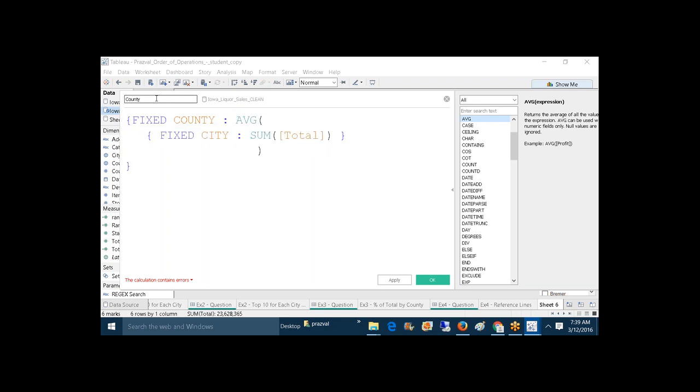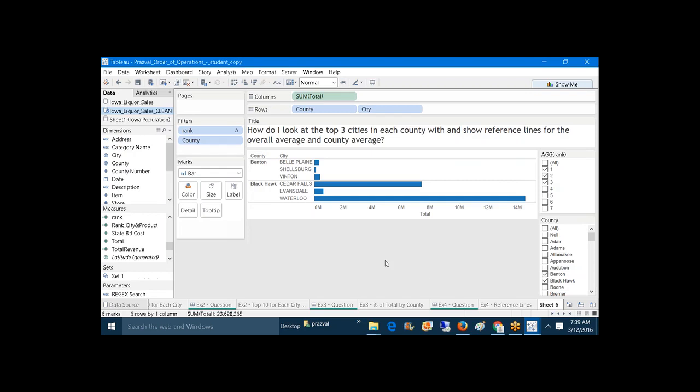So, county average LOD. Just click on apply, click on OK, drag that county average LOD and drop it into detail. Similarly, compute